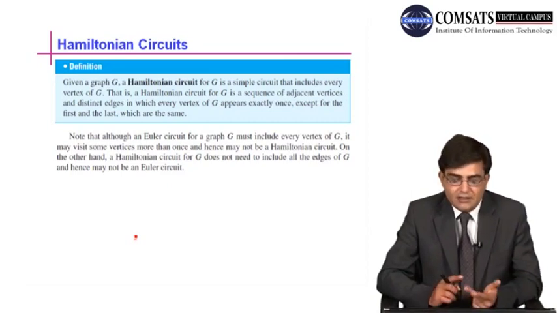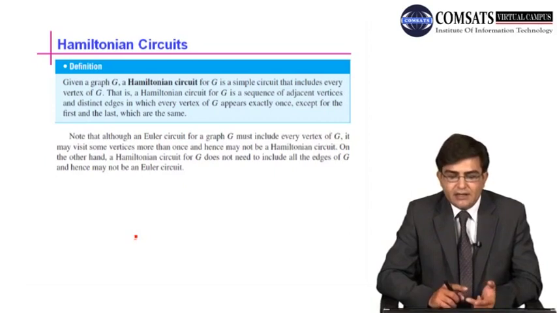There are two differences. In Euler circuit the vertices may be repeated. Here in Hamiltonian circuit vertices cannot be repeated and all vertices must be utilized. Second is, in Euler circuit all edges must be utilized exactly once. Here there is no condition on edges,